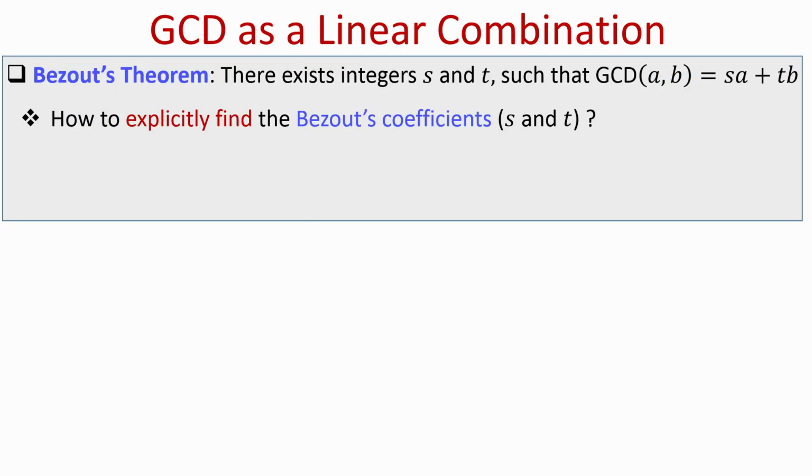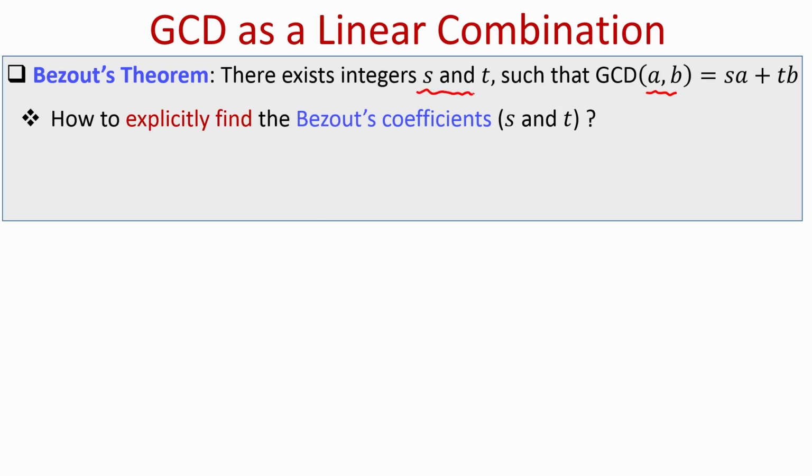It turns out that we can use Euclid's GCD algorithm to do something more. To understand that, let me first quote Bezout's theorem here. What Bezout's theorem says is that you can always express the GCD of two numbers a and b as a linear combination of the numbers a and b. That means you can always